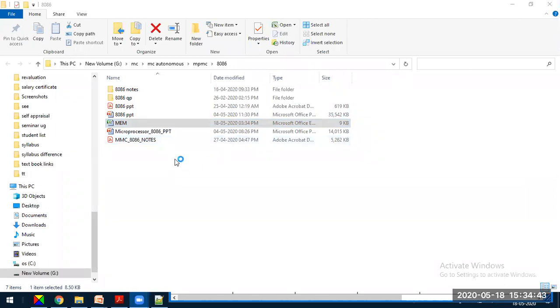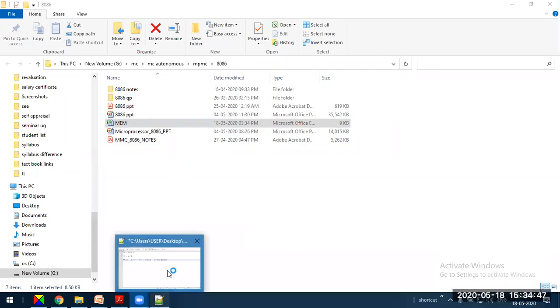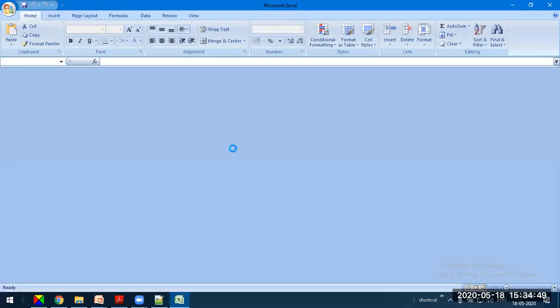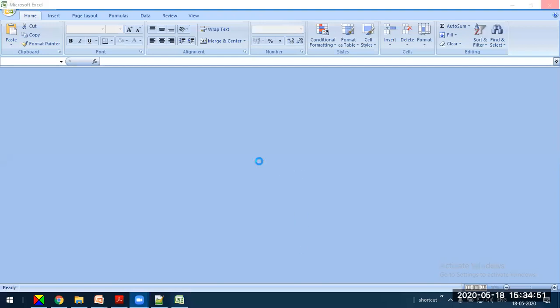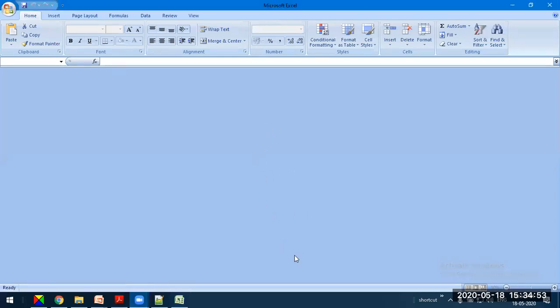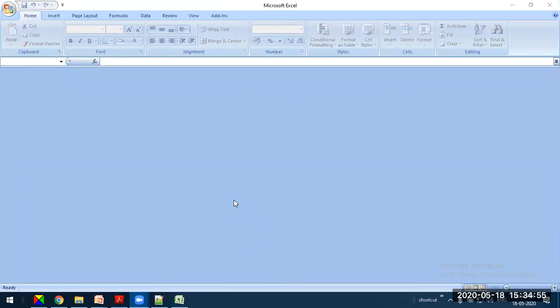I want this Excel sheet to be open so that I can create a table in it, so that it is easy to indicate.